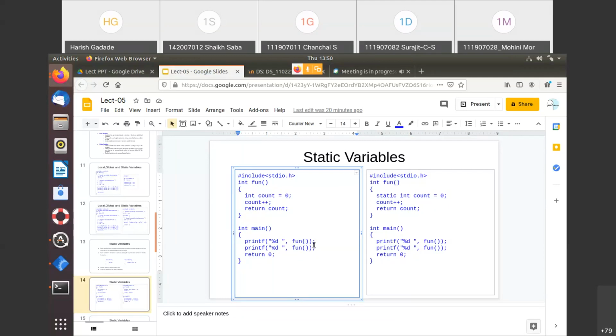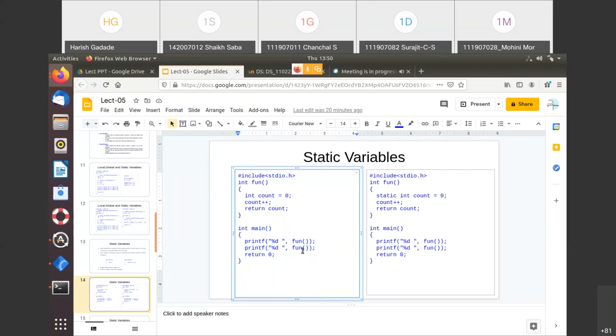So in this main program, the first time when I call this function, the output would be 1 because it is incremented by 1, and we return that value and print that 1, right? Second time, the second statement is the same.